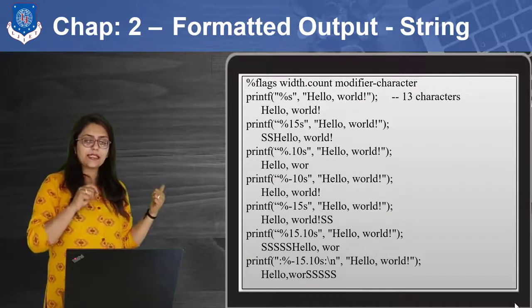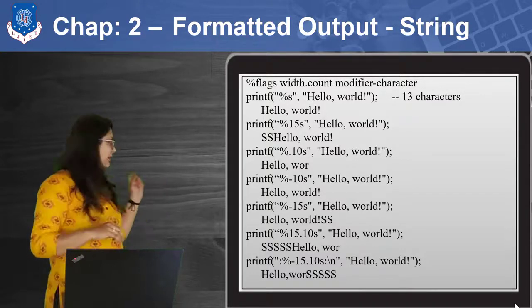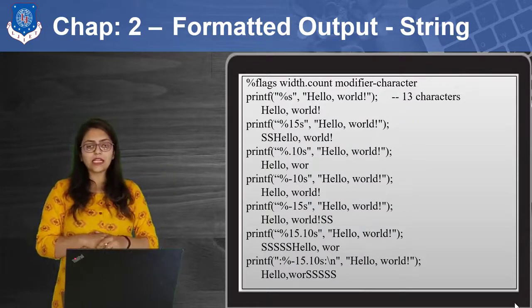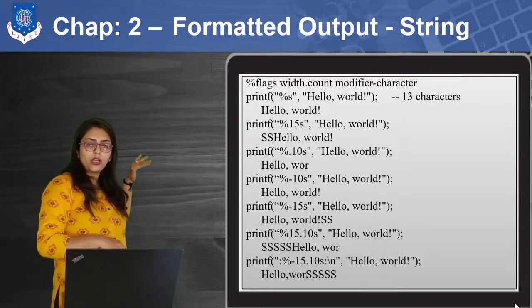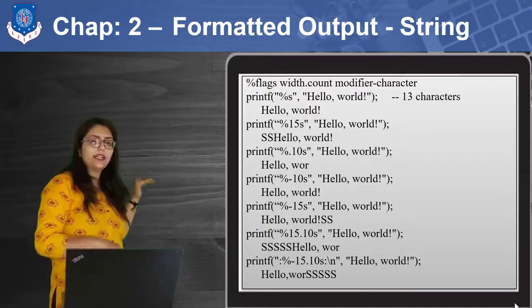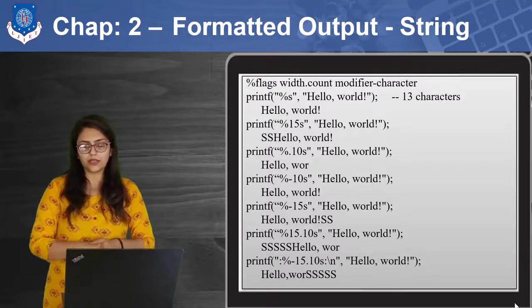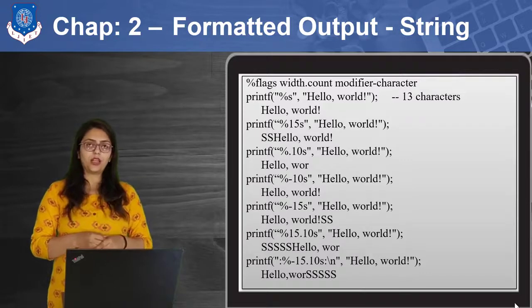It will print 5 spaces and the rest of the 10 characters as hello world. And last but not the least is minus 15.10. It is similar to the above example, but here the justification is different. That is left justification, because the minus flag is used for left justification.